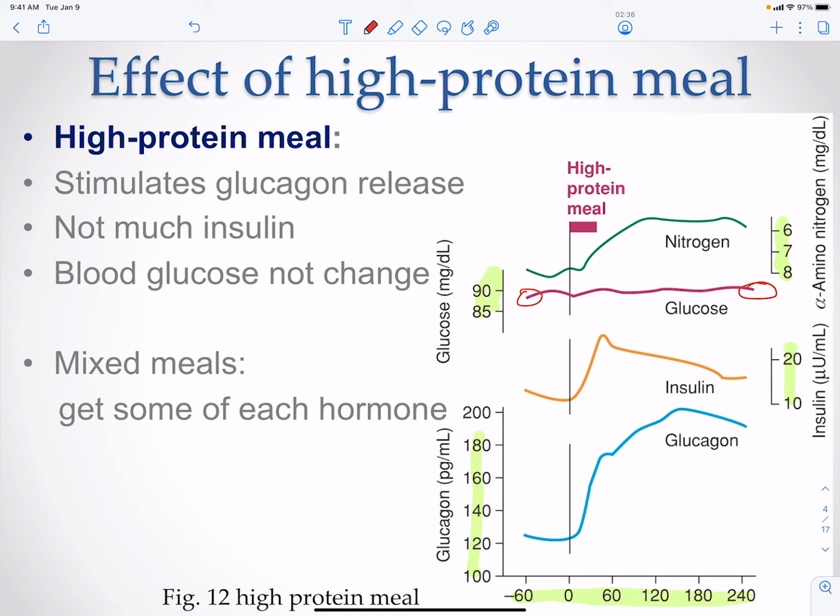Now, if it's a mixed meal, you might get a spike of glucose, which will then lead to a larger spike of insulin. And you can see our insulin levels are much lower as well. This only goes up to 20, whereas with a high carbohydrate meal, it went up to 120. So insulin does get a small bump, but it's not a spike as you would see after a high carbohydrate meal. After a high protein meal, again, our glucagon levels are going to spike, and our nitrogen levels are going to increase. Now, the nitrogen levels will have to be balanced, so nitrogen in has to equal nitrogen out, and that will be balanced by excretion of nitrogen.